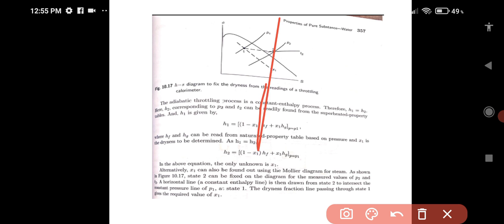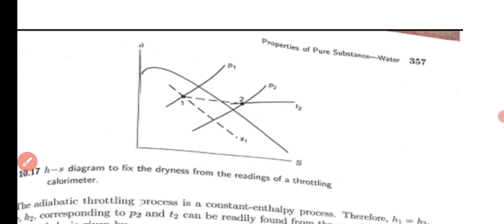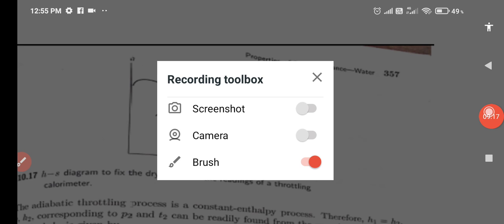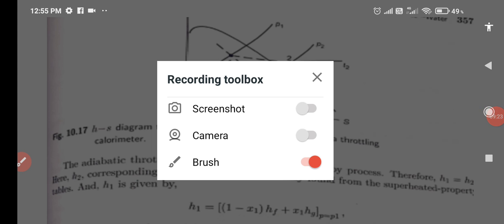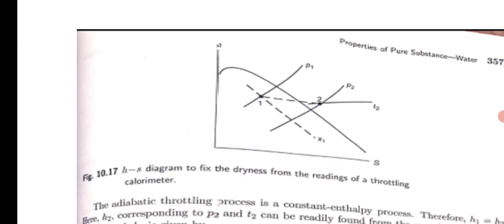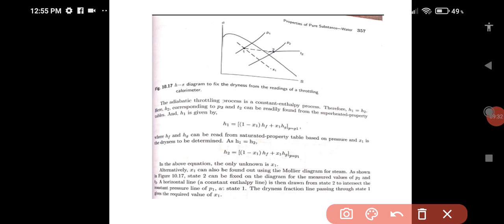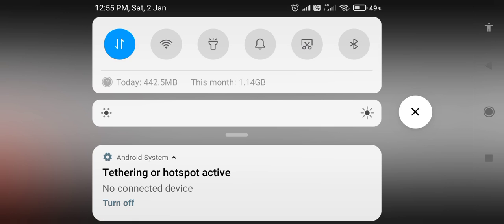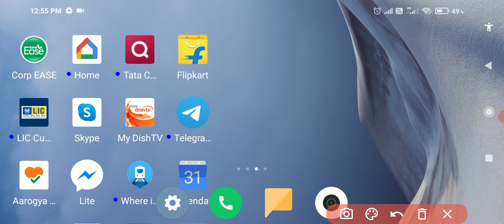So we have seen that we have got three values. One is the initial pressure P1, then we have got P2,